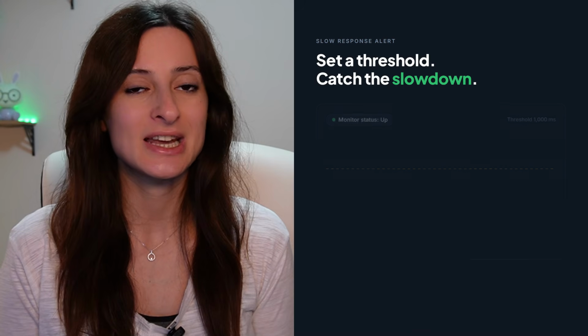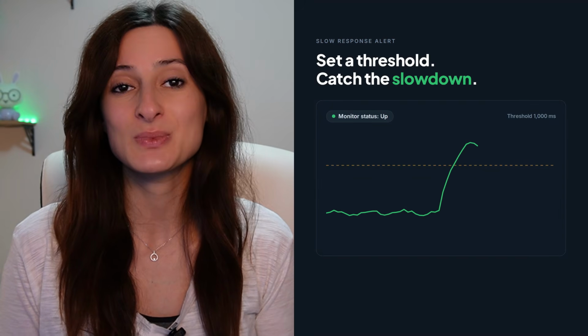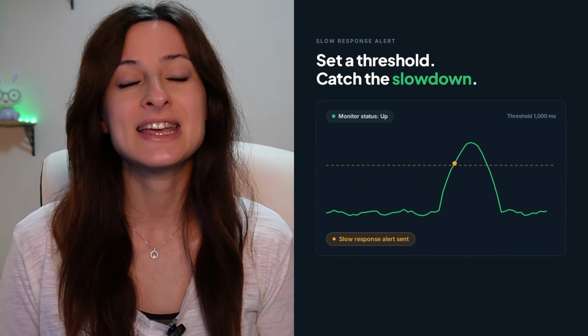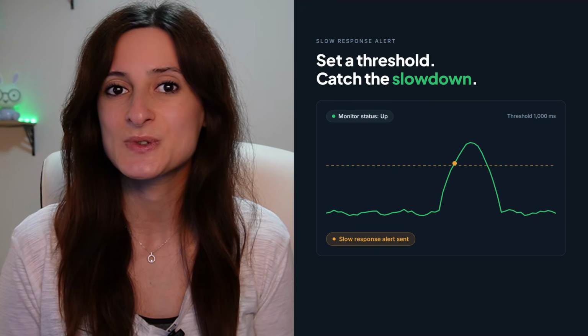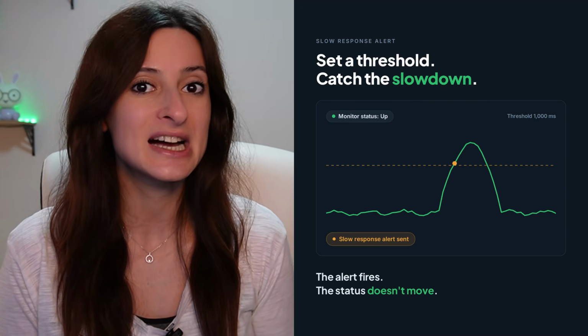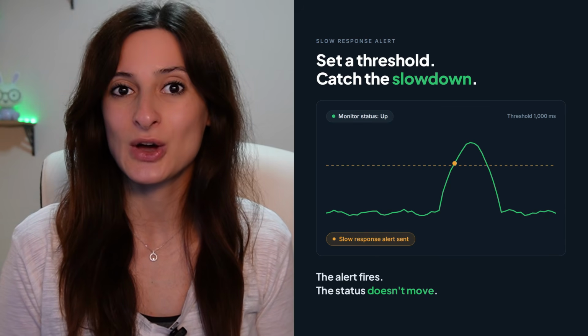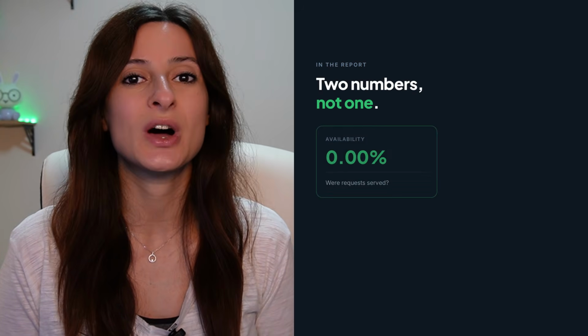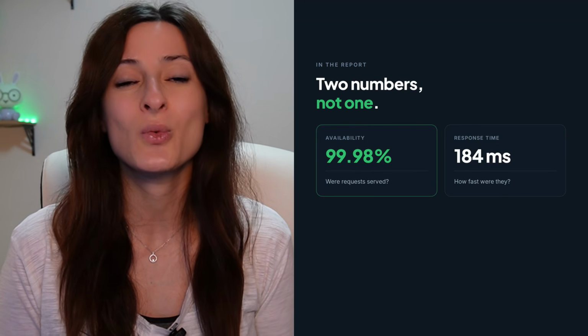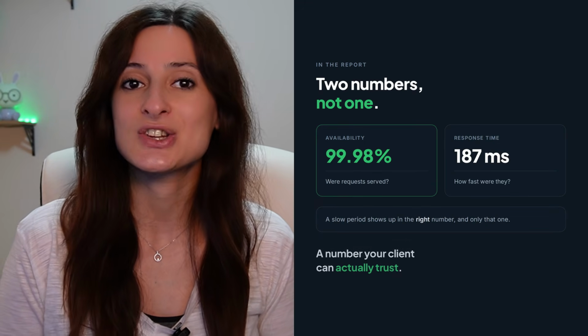A site that answers in 3 seconds instead of 300 milliseconds is slow. But it is not down, and if your monitoring counts that as downtime, then your uptime report is wrong. Slow response alerts in UptimeRobot let you set up a response time threshold on a monitor and get notified when performance drops, separately from the checks that decide whether a service is up or down. That separation is what keeps an availability number honest when you hand it to a client, a manager, or an